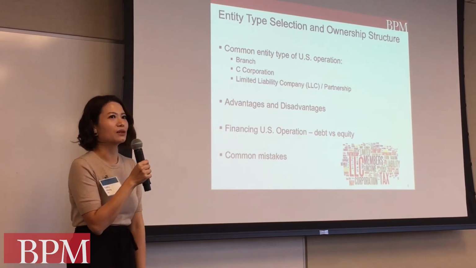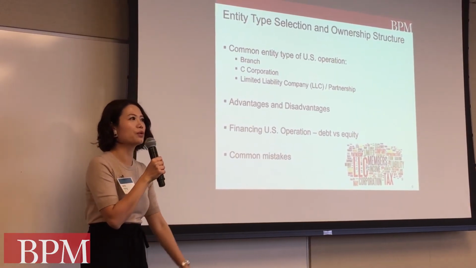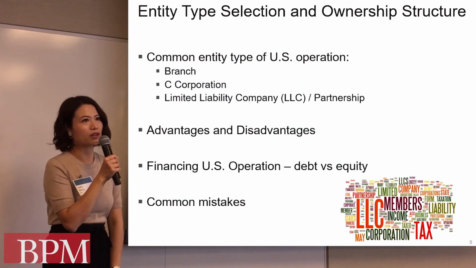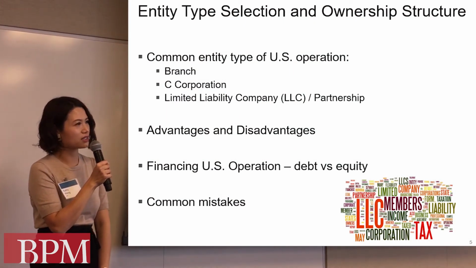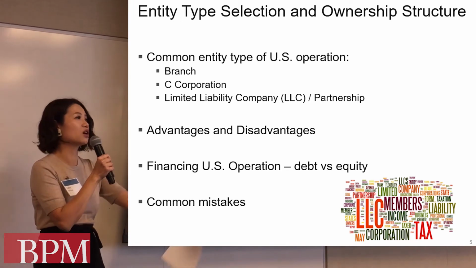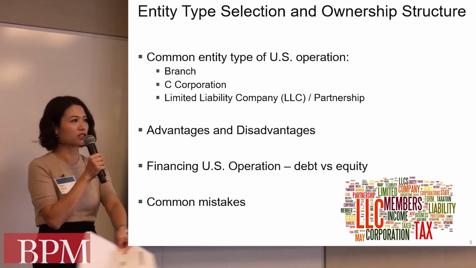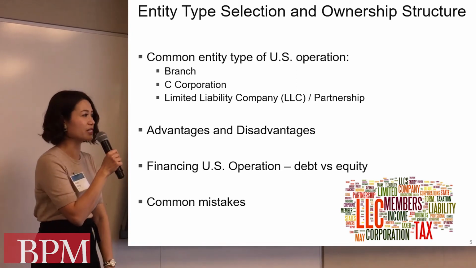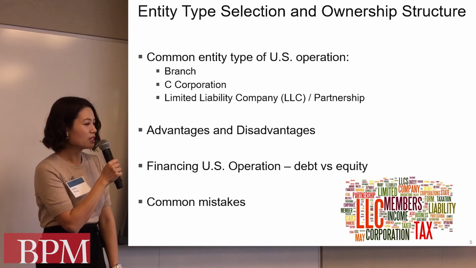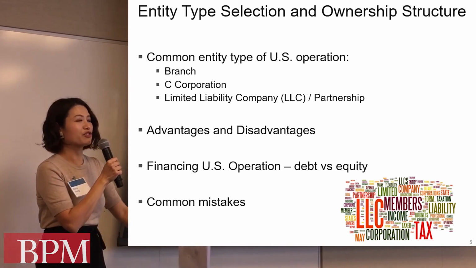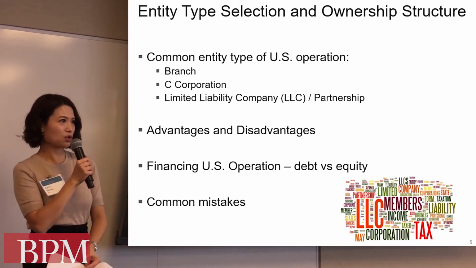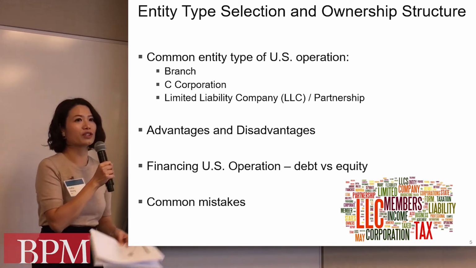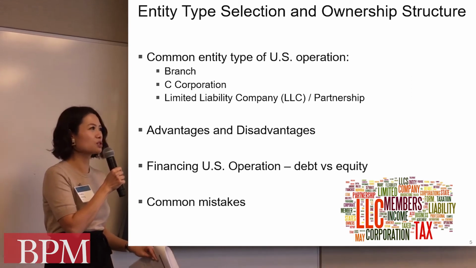Some common mistakes that I see from people who are setting up U.S. operations: a lot of people are incorporating in Delaware. Even though their operation could be in California, because of some legal reasons, Delaware is a good place to incorporate. Delaware has a franchise tax that's not based on income. It's based on your share capital and also fixed assets. So it's nothing related to income.